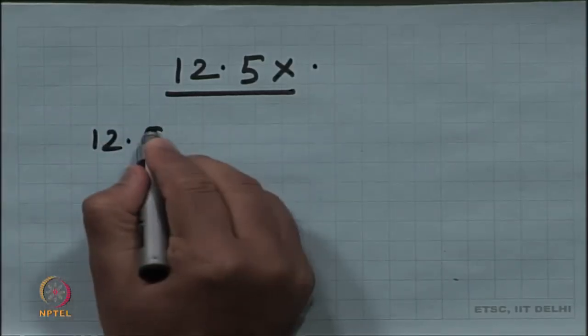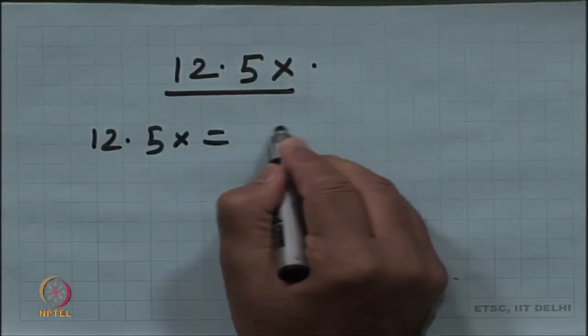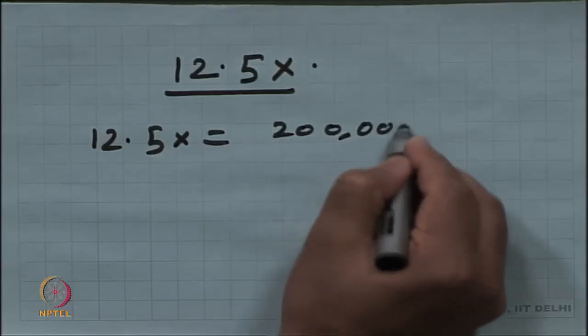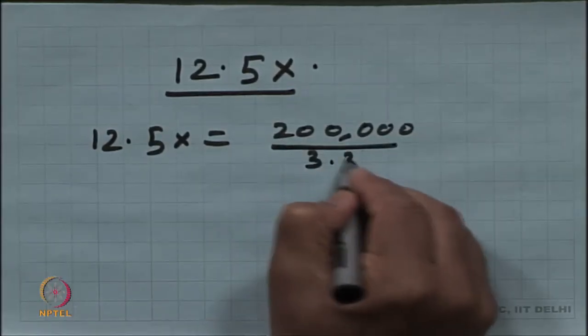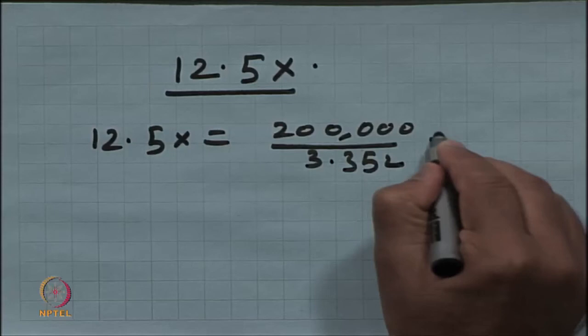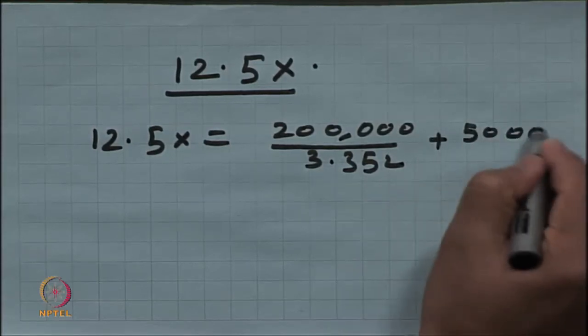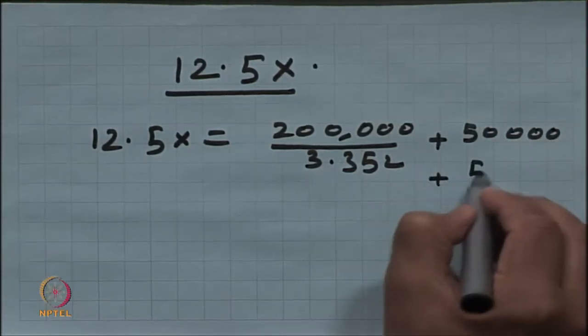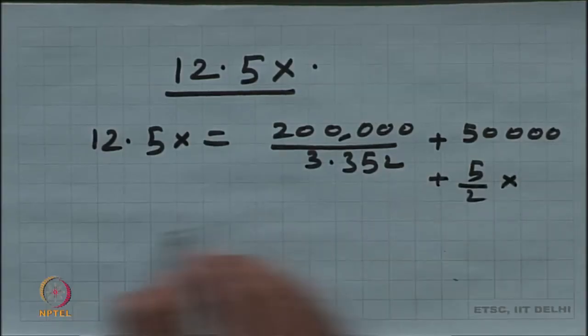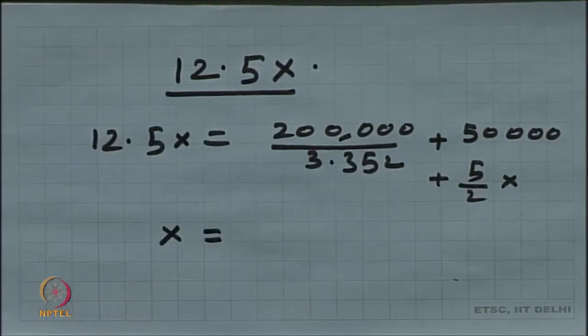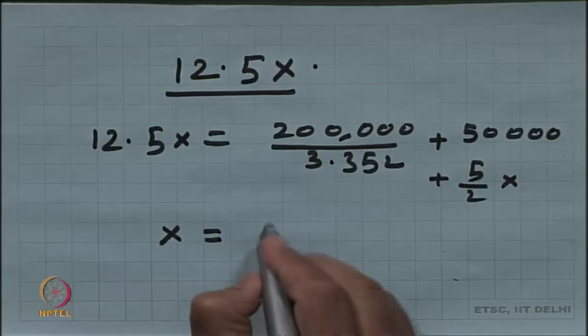So, what I do is equate the two. 12.5x is equal to 200,000 divided by 3.352 plus 50,000 plus 5 by 2x. When you solve this, you will get x equal to